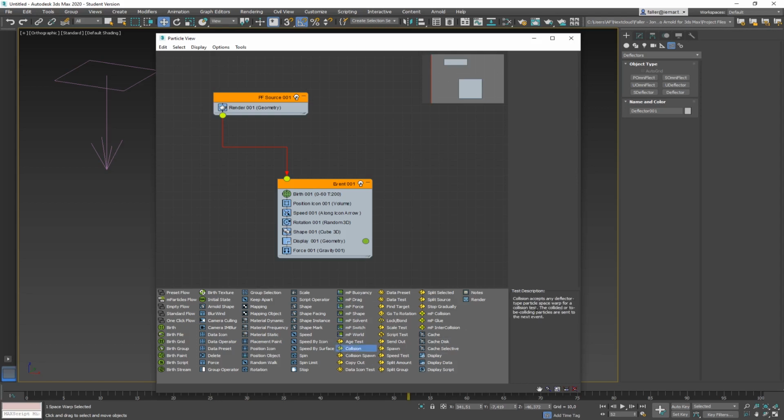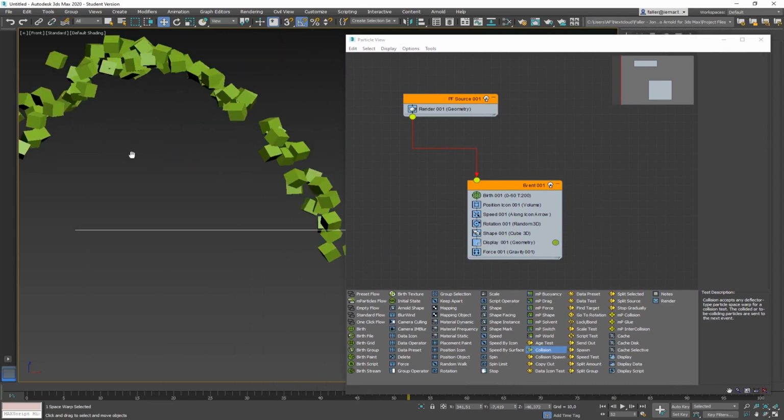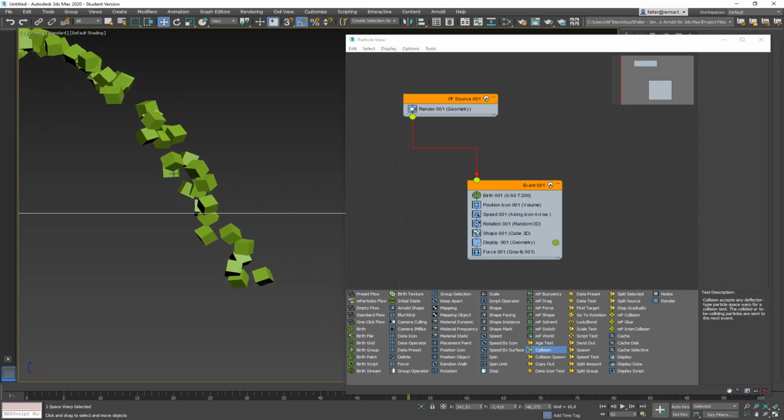And when you look at it, collision accepts any deflector type particle space warps, that's the plane, for a collision test. And the collision test basically means the particles are tested, and let's look from the front quickly, and you can see all those particles. It's tested: have you passed the deflector, yes or no? Have you passed? No. Have you passed? No. And as soon as it passes, the test returns true. So it's false, false, false, false, false, and as soon as one passes it, it's true. Because the deflector not necessarily needs to make them bounce off. It can also test them and do something else with it.